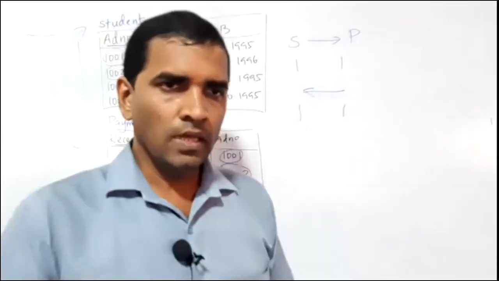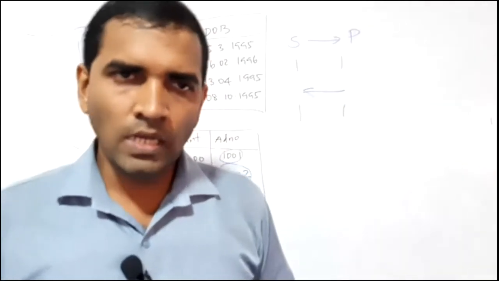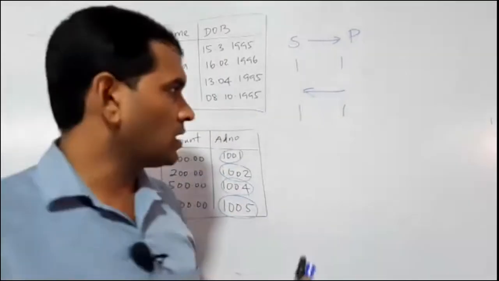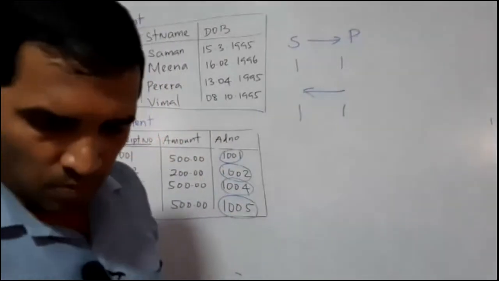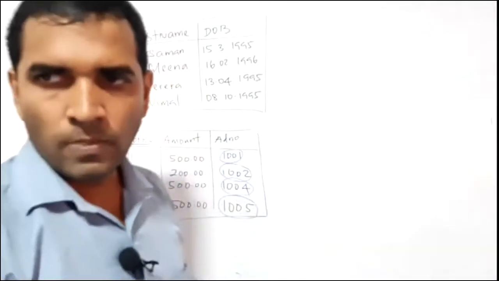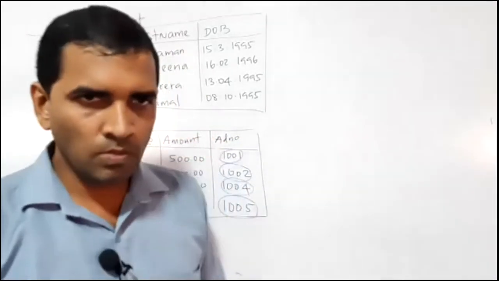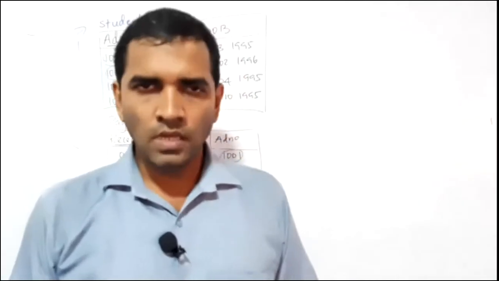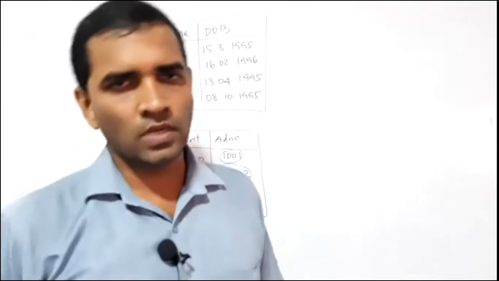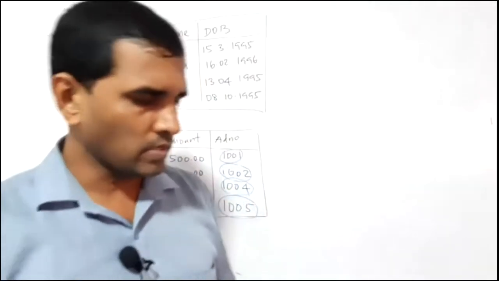So let me explain that one-to-one in detail in terms of these two tables, right? For that demonstration purpose, I just want to show you a small diagram. Remember, these diagrams are not important for grade 10, but when I take the diagram, it is easy to understand the concept. That's why I'm taking it, right?